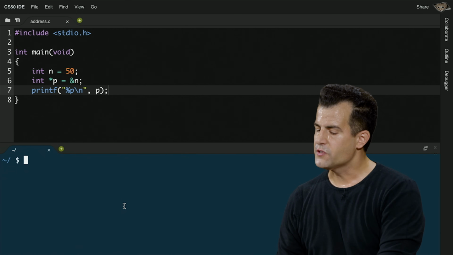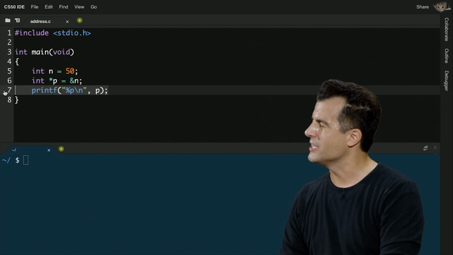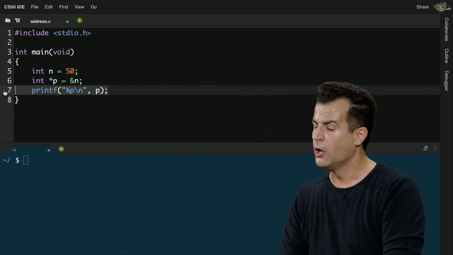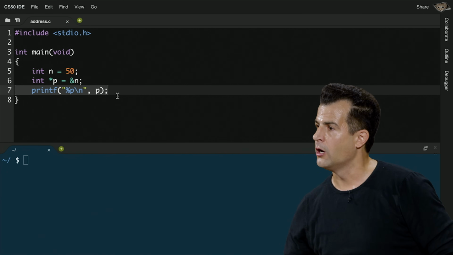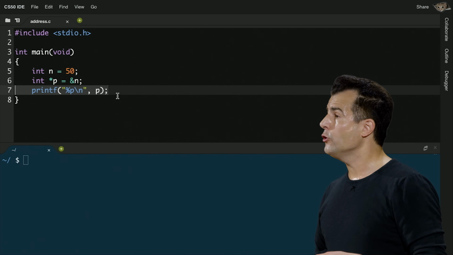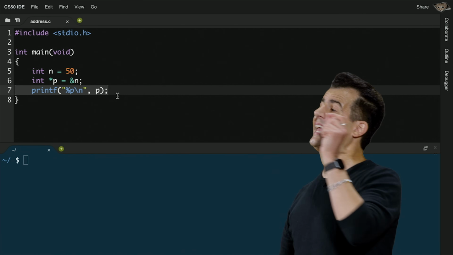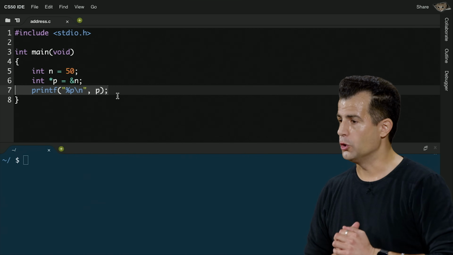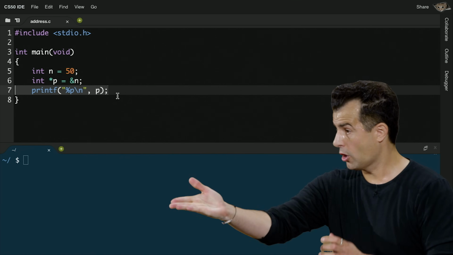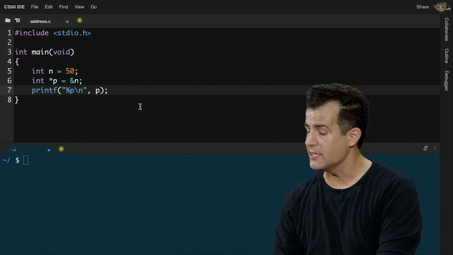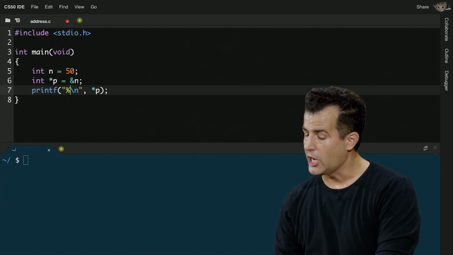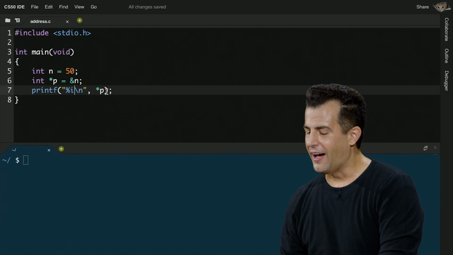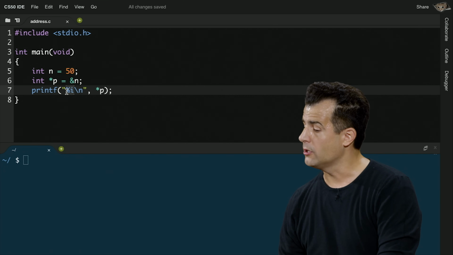What if, though, just for the sake of demonstration, I didn't want to print out the address, because rarely after today are we going to care about the specific addresses where things are. How could I change line 7 here to print out not the value of p, but what is at the location p? How do I go to the location in p? OK, star p I heard. So instead of printing p itself, I say star p. I change the format code just to be an int. OK, Siri's trying to be helpful here. But now I'm saying, go ahead and print me an integer.